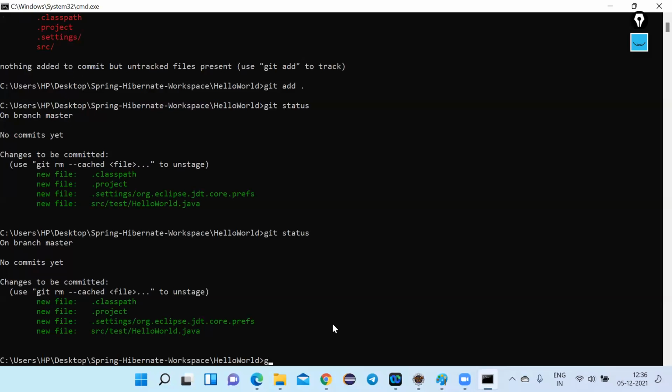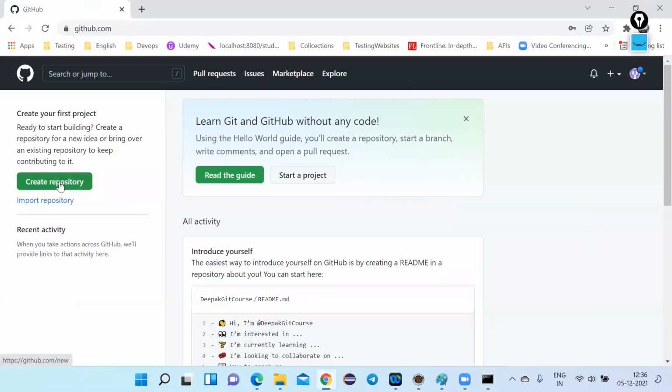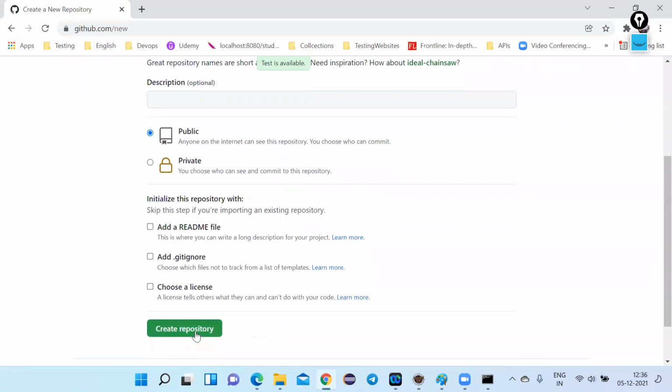Let me establish a relationship between the local repository and the remote repository. So now create a repository. I told you these steps in the previous video. Just create any remote repository. Create repository.